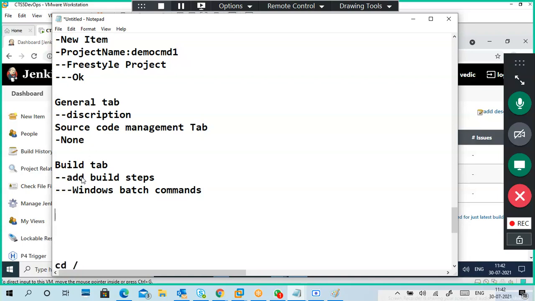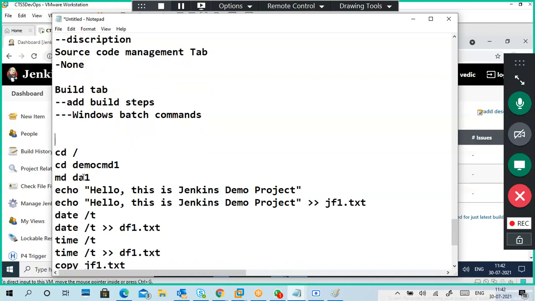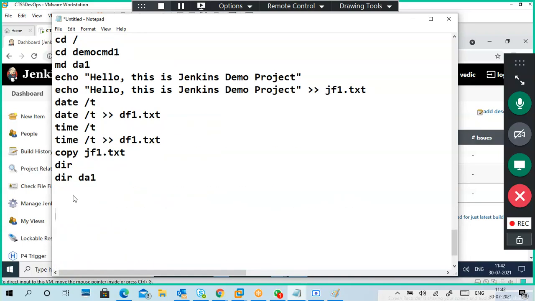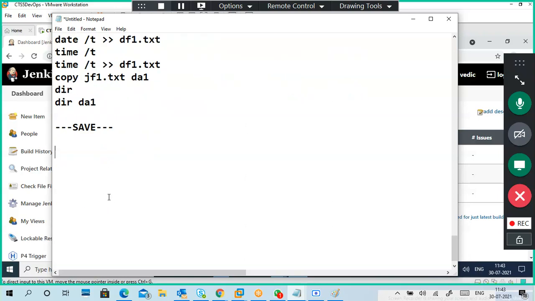Then I started writing this script. I put this script. So finally, here is the mistake: DA1. Now I'm changing it. Next, what I'm doing is clicking OK. No, no, not OK. Save. Just save.